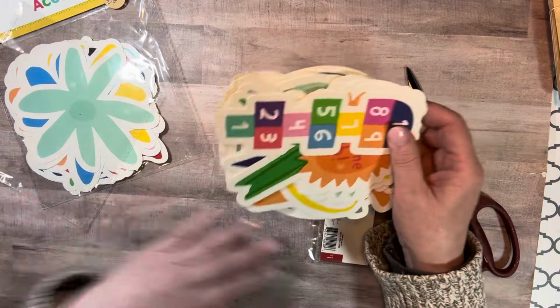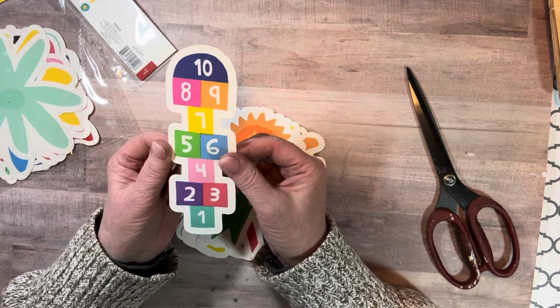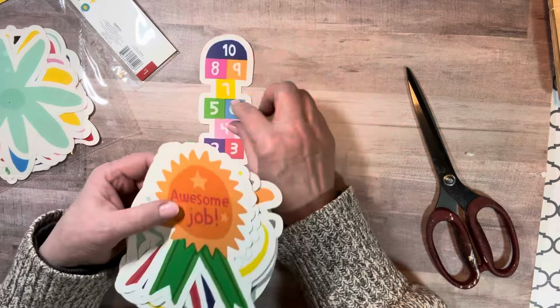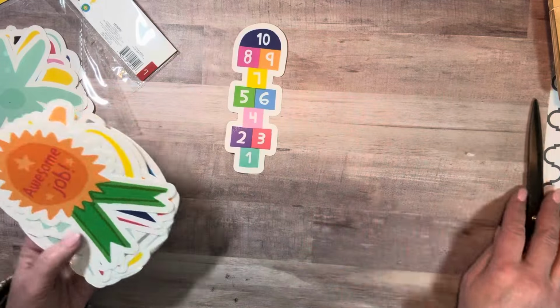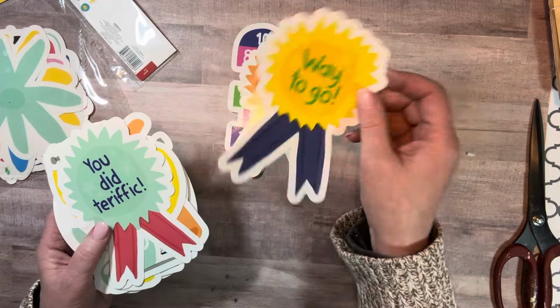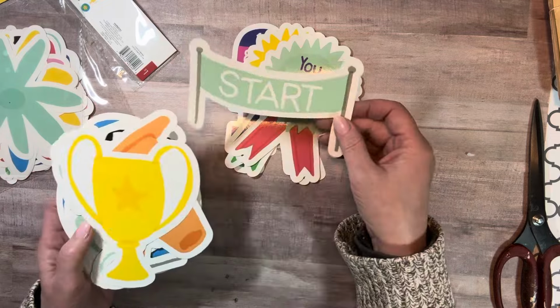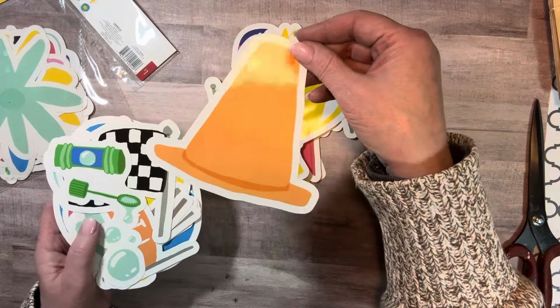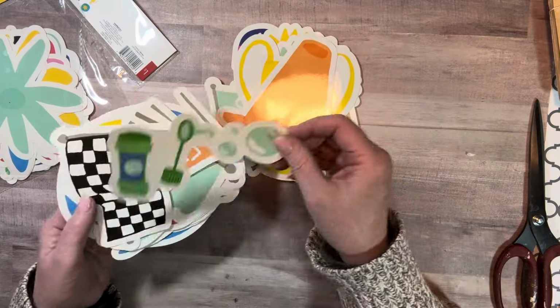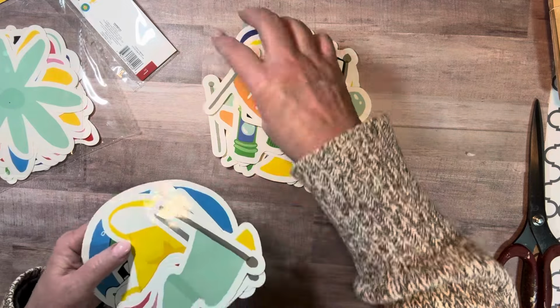I really liked this. That's what I wanted. I wish there was a whole pack of these. But there's that hopscotch board and then some ribbons, medals, a trophy cup, a traffic cone, and bubbles, and a checkered flag in the finish line, and then